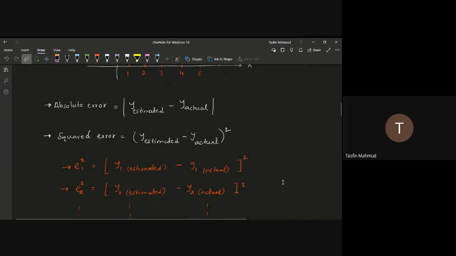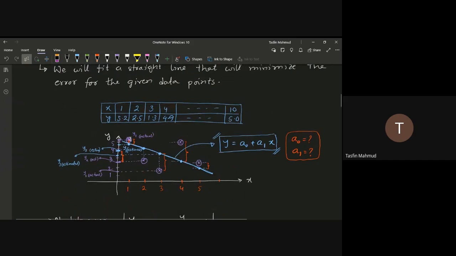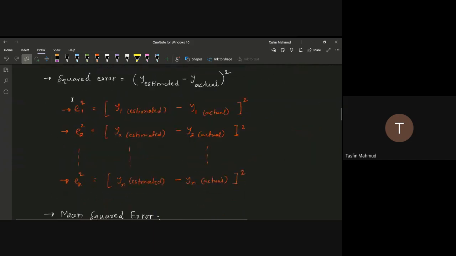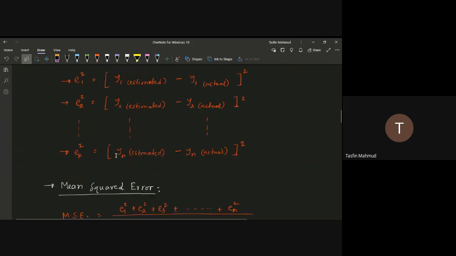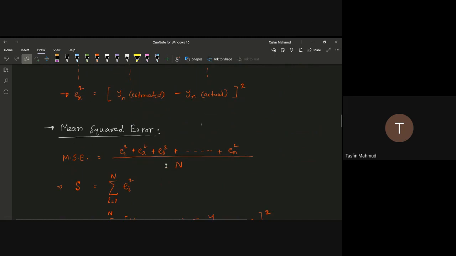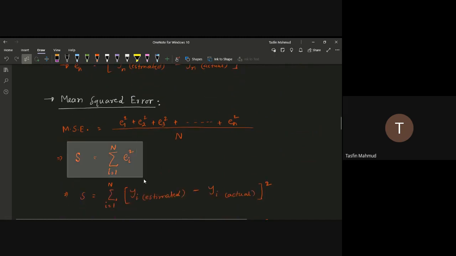ঠিক আছে, তো এই জন্যই আমরা এরর গুলোকে ক্যালকুলেট করলাম। ধরেন যে প্রথম যে ডেটা পয়েন্ট তার জন্য আমরা স্কোয়ার্ড এরর ক্যালকুলেট করলাম। তারপরে এরকম করে সেকেন্ড পয়েন্টের জন্য, করে করে সবগুলো পয়েন্টের জন্য আমরা এরর ক্যালকুলেট করলাম। তো এখন যেহেতু আমরা মিন স্কোয়ার্ড এরর বের করতে চাই, তো আমরা এই সবগুলো স্কোয়ার্ড এররের যোগফল বের করতেছি।